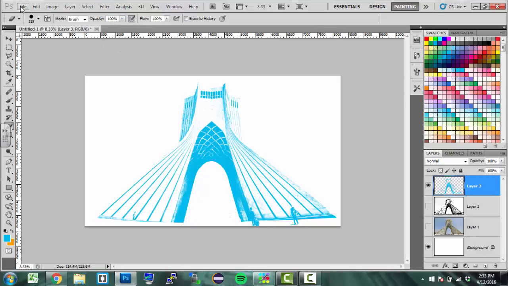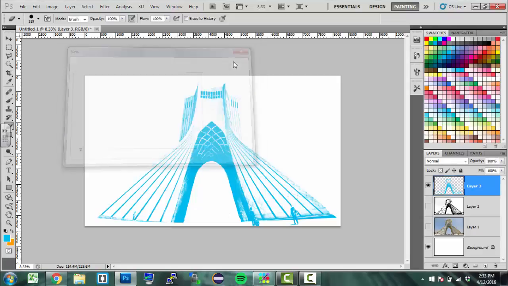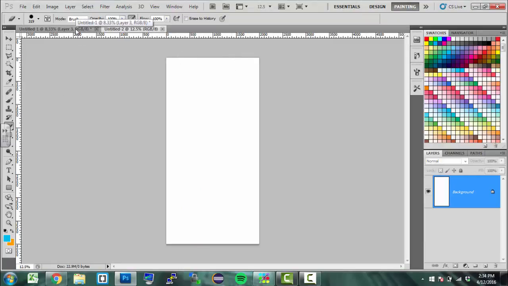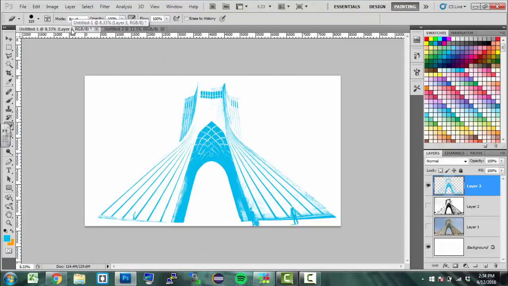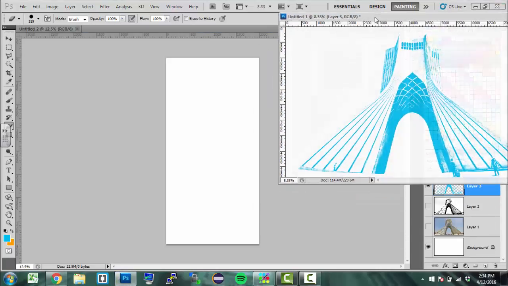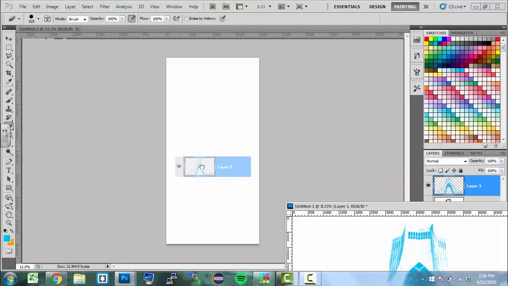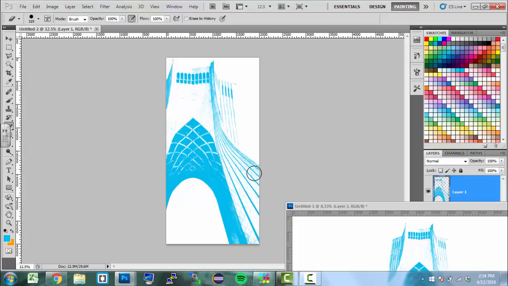I'm going to make a new document, File, New, and I'm going to make it tall rather than wide. So I'm going to make it about 4,000 high and about, I don't know, 2,000 wide. That looks good. Yeah, that'll be fine. I want to drag this image over to the other document, and I can do that in one of two ways. I can see the layers palette from this image that I just painted and drag the layer over and drop, or